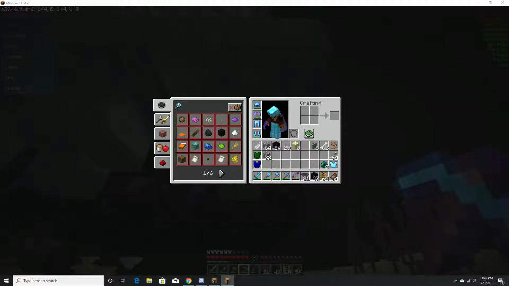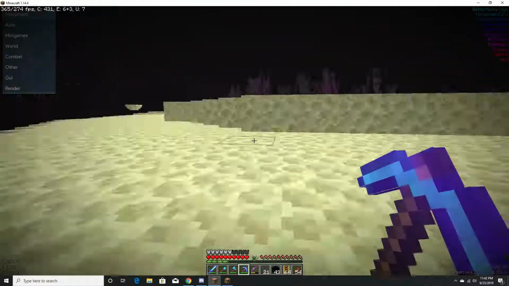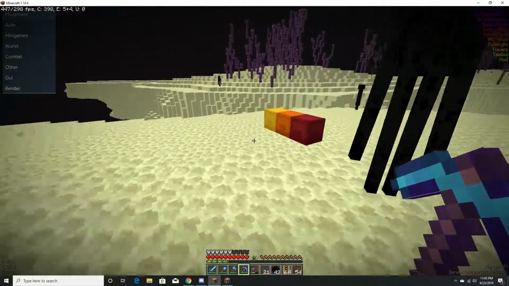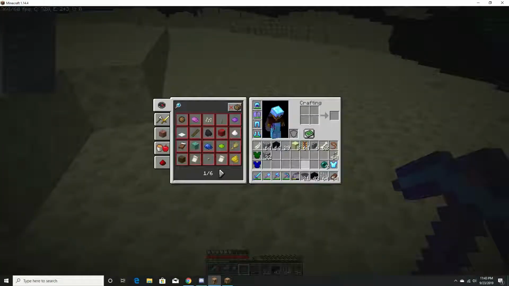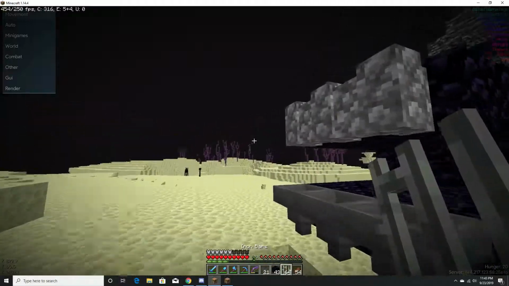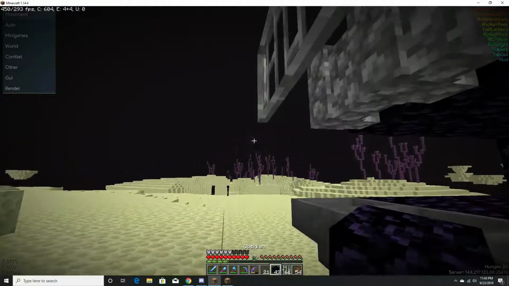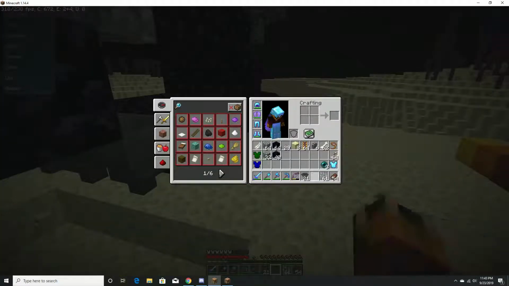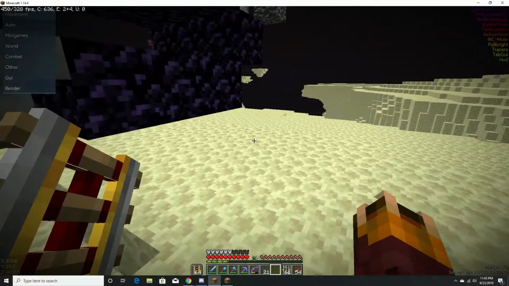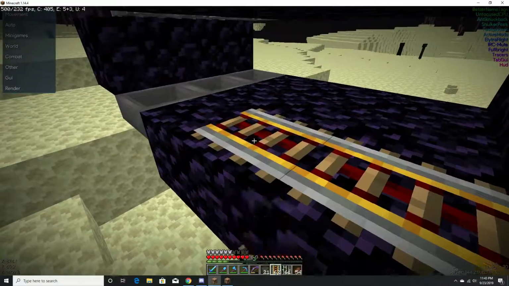Let me just make sure I have this built right. And yes, I do. Perfect. There they are. Oh, I did grab the iron bars. Perfect. We will put them right there. These go here. One thing I noticed when you build this in your world is